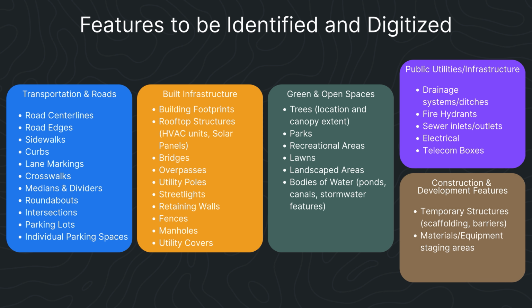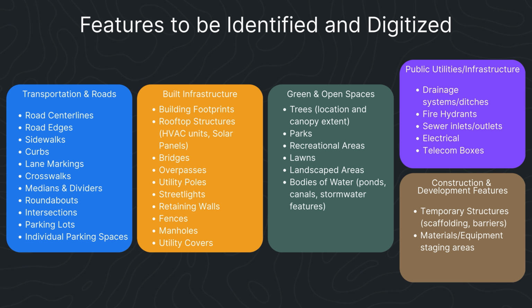Here's a list of common features that can be identified and digitized with line work. Depending on the project, this could include transportation elements like road center lines, sidewalks or parking lots, as well as built infrastructure such as building footprints, utility poles, or retaining walls. We can also capture natural and open space features like trees, landscaped areas, or water bodies, and extend that to public utilities and temporary construction elements. By specifying which of these features you would like included in your work order, the final deliverables can be tailored